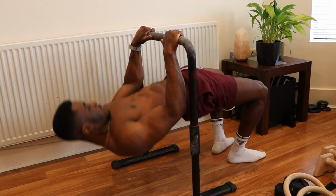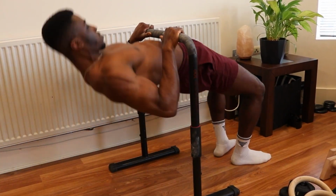these are great. So the key point for dip bars is get these if you're staying in one primary location to train, and also try not to get the variable height ones, the ones where you can kind of twist the knob, you can lower it and raise it. I've tried some of these, they're sort of lighter, they're not as sturdy. Just get a regular dip bar, it's going to be less gimmicky and it's going to do the job a